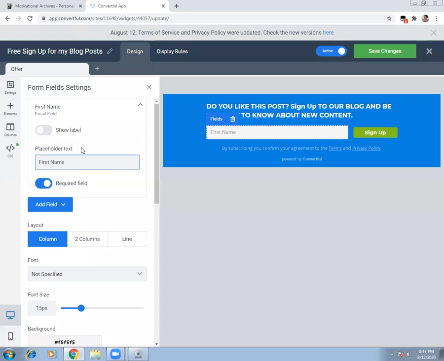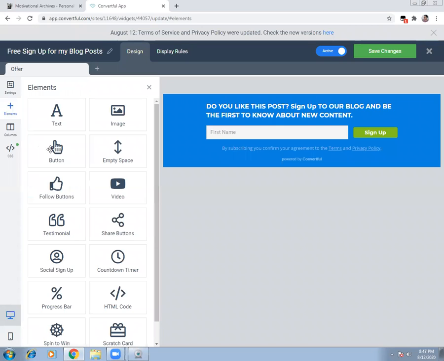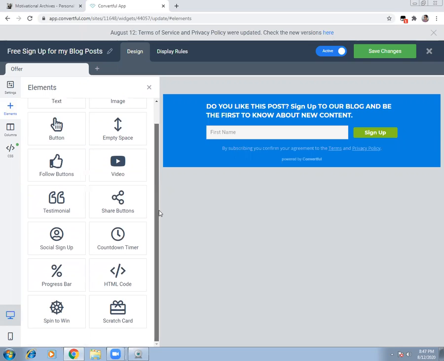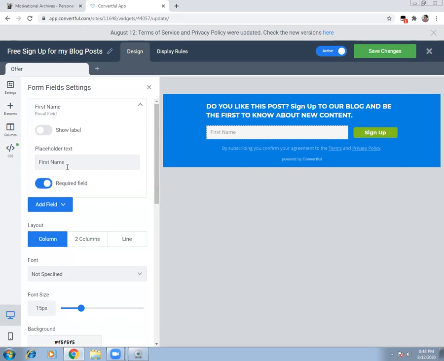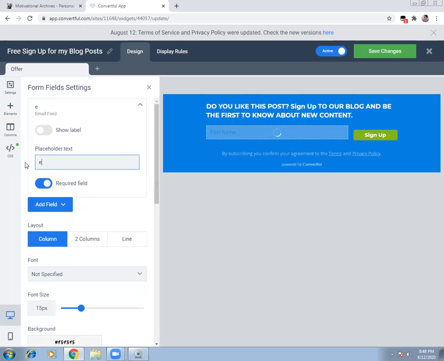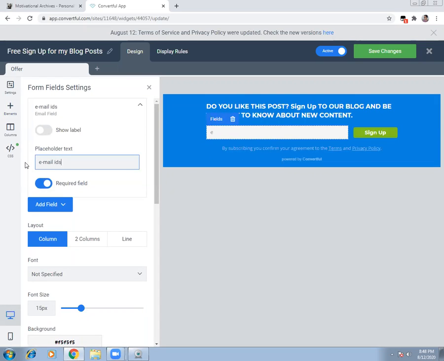I need one more field. So I go to the elements and I'll probably pull out one more thing, and do it in the same way. But currently I just need the name to be email ID only, because I'll at least capture the email IDs. So similarly, you can insert anything, whatever, like enter your email ID here, like how it was there. I will leave it as it is. Enter your email ID.